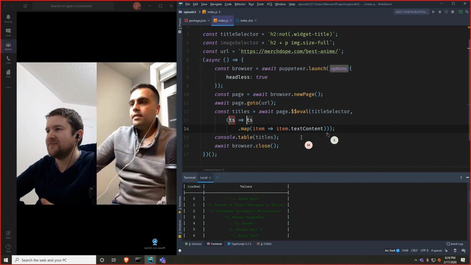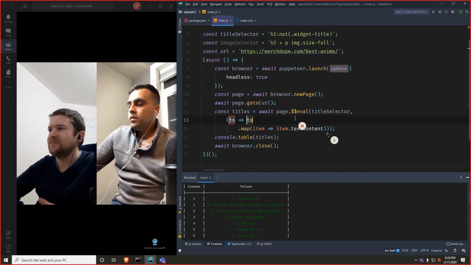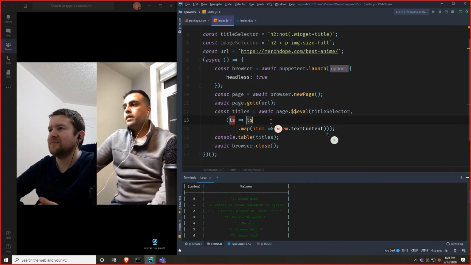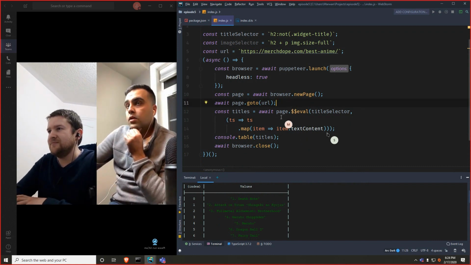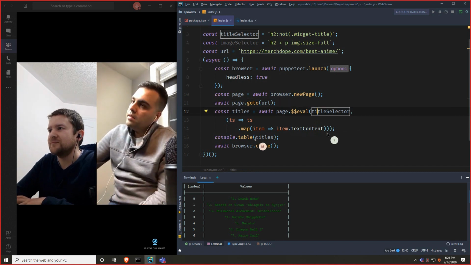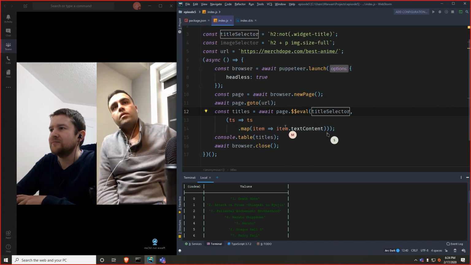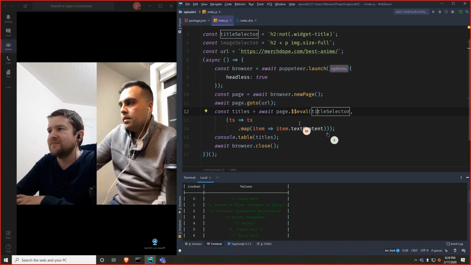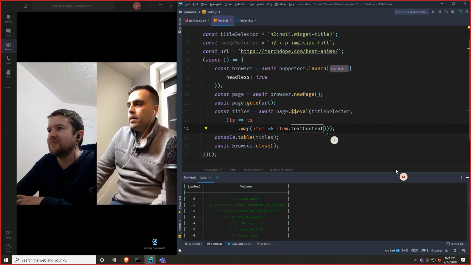Now let's try to get the images. So there's a few ways to do that. We can either use query selector, or based on the item we get, we can add another query selector to get the image associated with it. Okay. Alright, let's do that. This is our query selector. So now when we map,